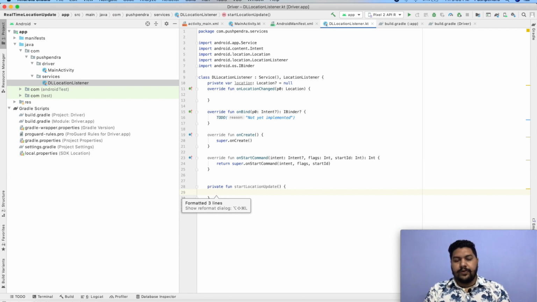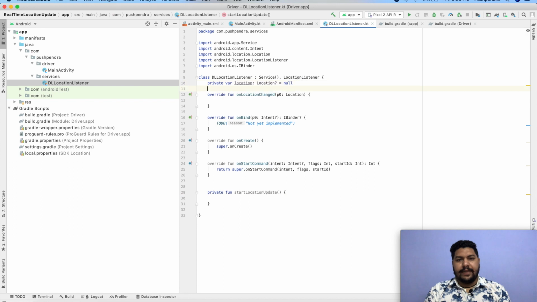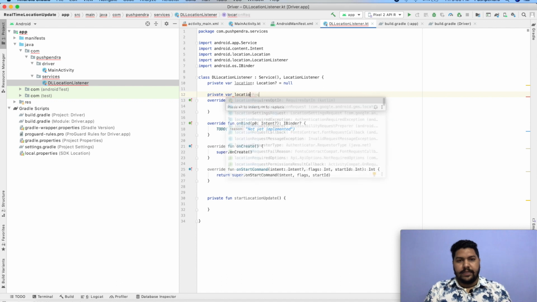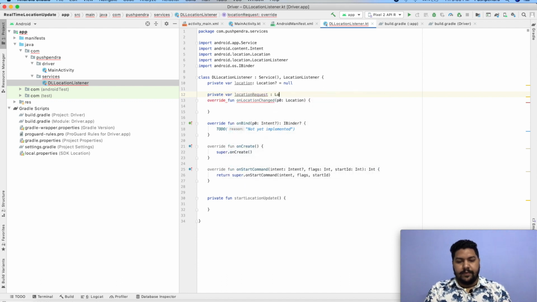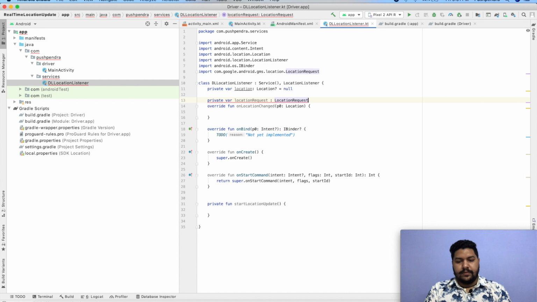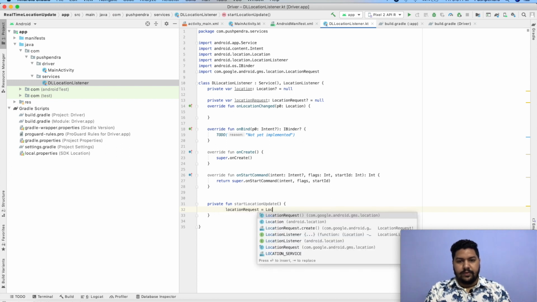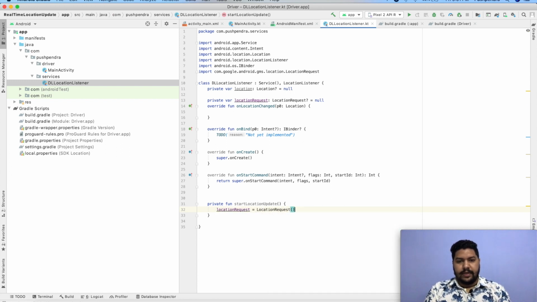Here first of all I will take one more private var, locationRequest, of type LocationRequest, by default null. Now over here I'm going to assign the value: locationRequest equals LocationRequest. Great.